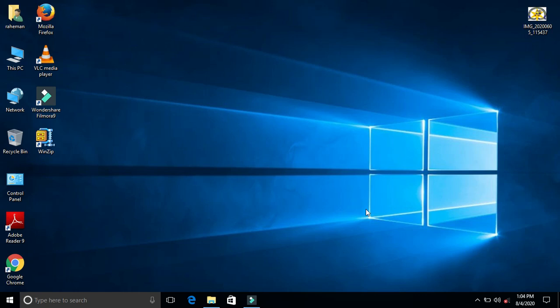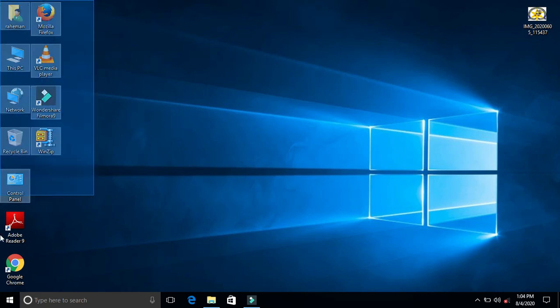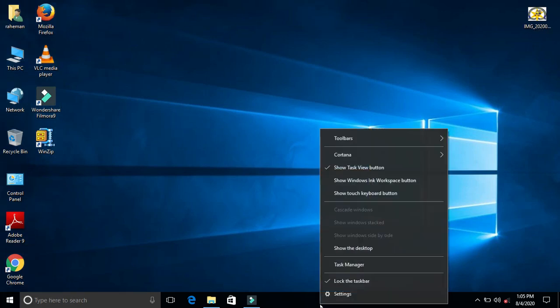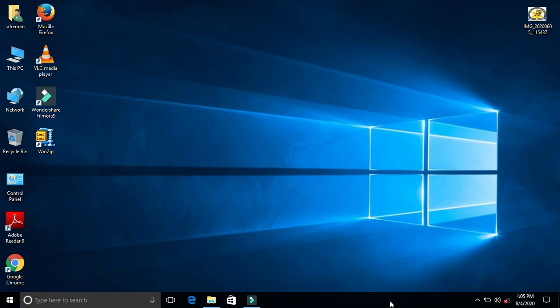Here you can see what I am selecting; these things on the desktop are known as icons. This is the taskbar, where I am right clicking.